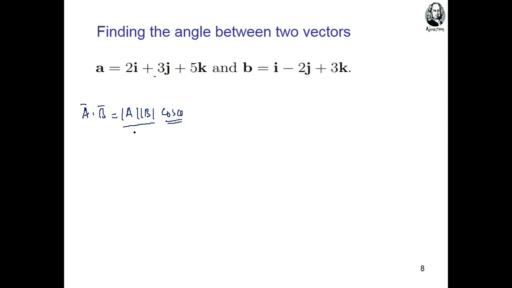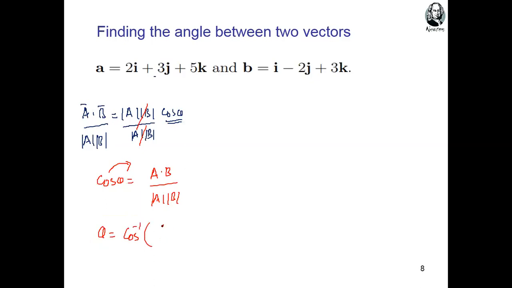So if you divide both sides by the magnitudes, A magnitude and B magnitude, A magnitude divided by A magnitude cancels. We have the result cosine of theta on this side equal to A dot B divided by A magnitude and B magnitude. We need the angle, so if you transfer cosine to this side, theta is equal to cosine inverse of A